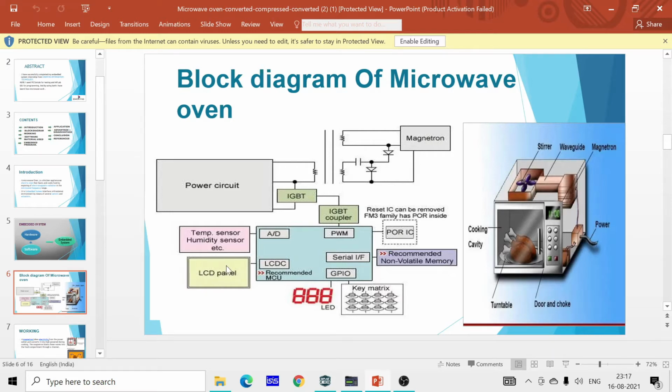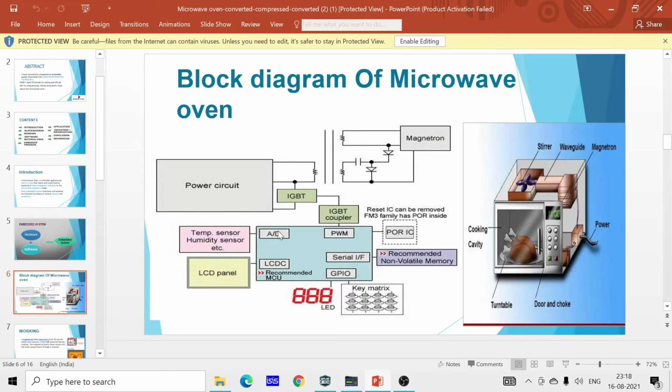Here the display, meaning the LCD panel, is used. It displays all the functions of the microwave oven given by the user, like cooking mode, remaining time, what temperature we choose, etc. And we use the matrix keypad for the input, which is displayed on the LCD.